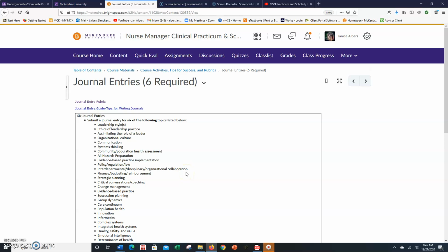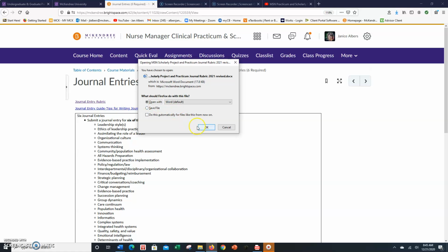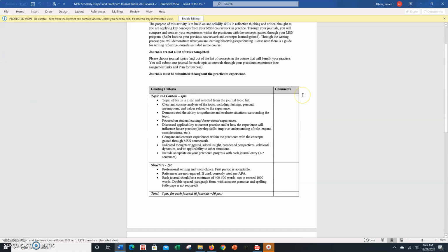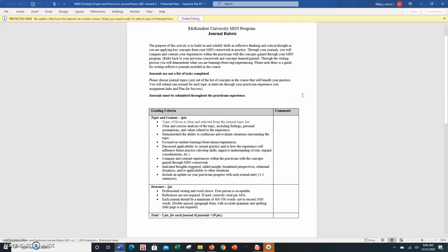This is an overview of the journal entries. So we're going to examine our journal entry log. As you're doing your journals, you want to make sure that we are connecting the dots between what you've learned in your master's program and what you're experiencing in your practicum. So we're going to really focus on those reflective thinking skills and critical thought that are fundamental for master's prepared